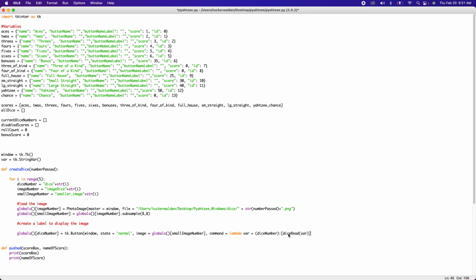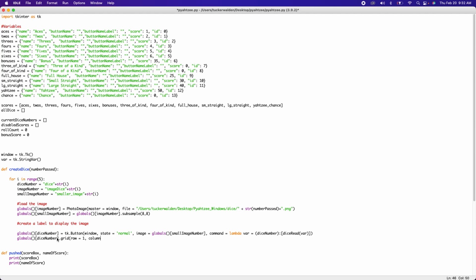Boom, boom, boom. And then we have the normal kind of stuff. So we're going to do globals, and you can copy and paste this. I'm being a pain and not doing it. So you can just do globals, copy, paste, and then we're going to do dot grid. I put it on row 1, and I'm just hard coding that. And then we're doing